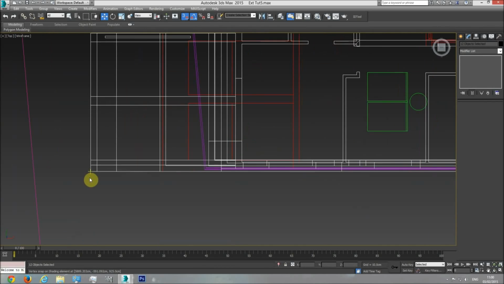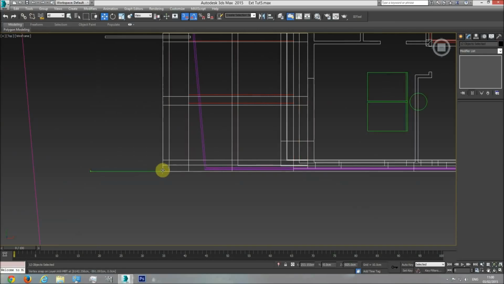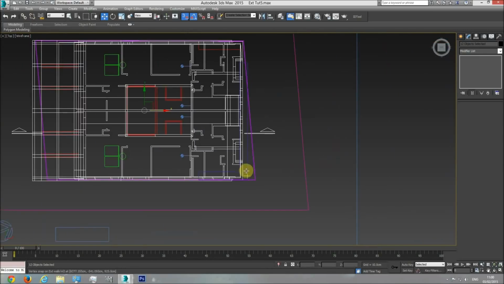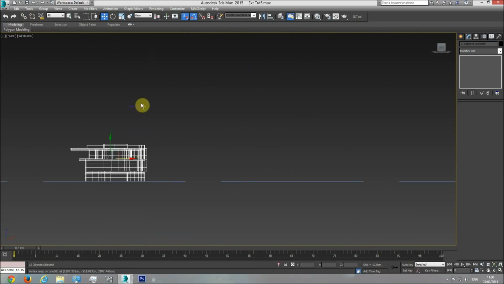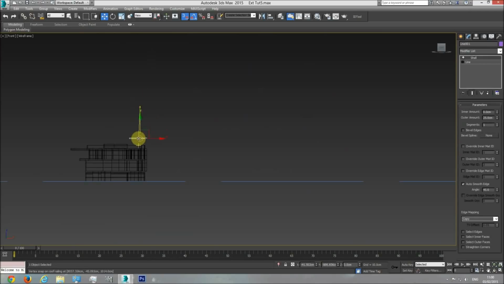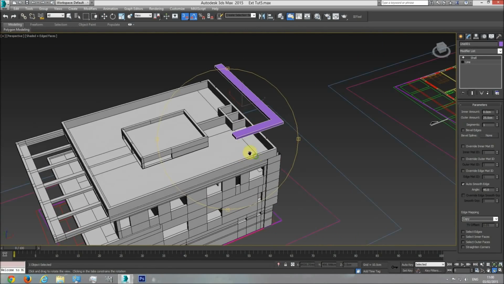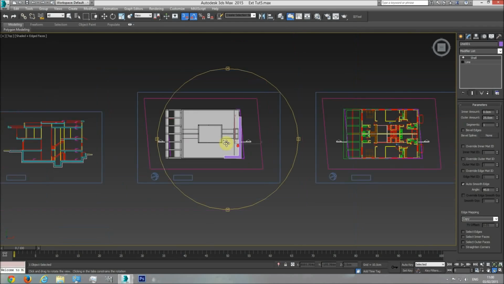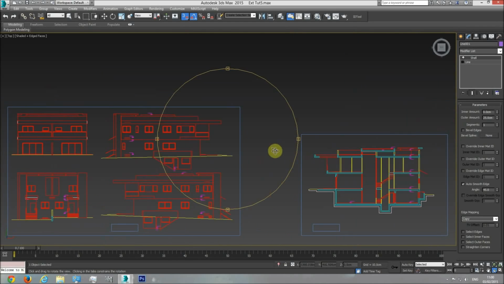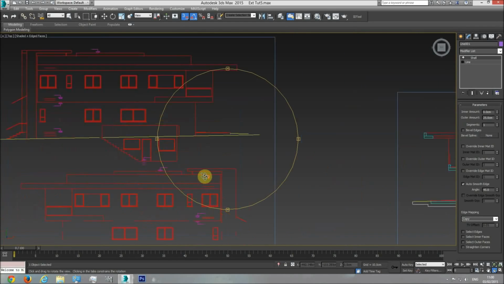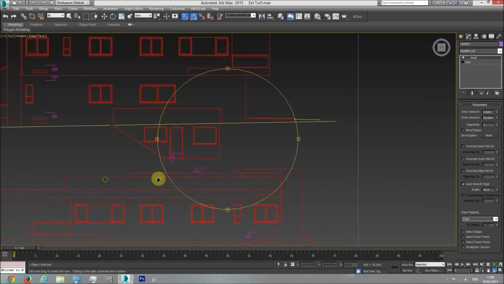So this point is aligned to this point. So now this is aligned and we have this element up here. I'm going to take it down a little bit. Everything is aligned correctly. Now let's go to the top viewport and check the distance between the element and this